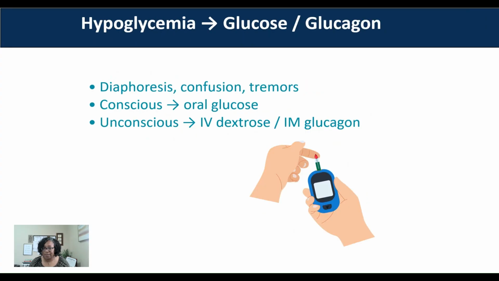Hypoglycemia, a big one. Person has hypoglycemia, typically it's because they've taken too much insulin or they didn't eat, and someone administered insulin, or they've taken too many oral hypoglycemics. The antidote would be glucose or glucagon. One thing that I want to say,